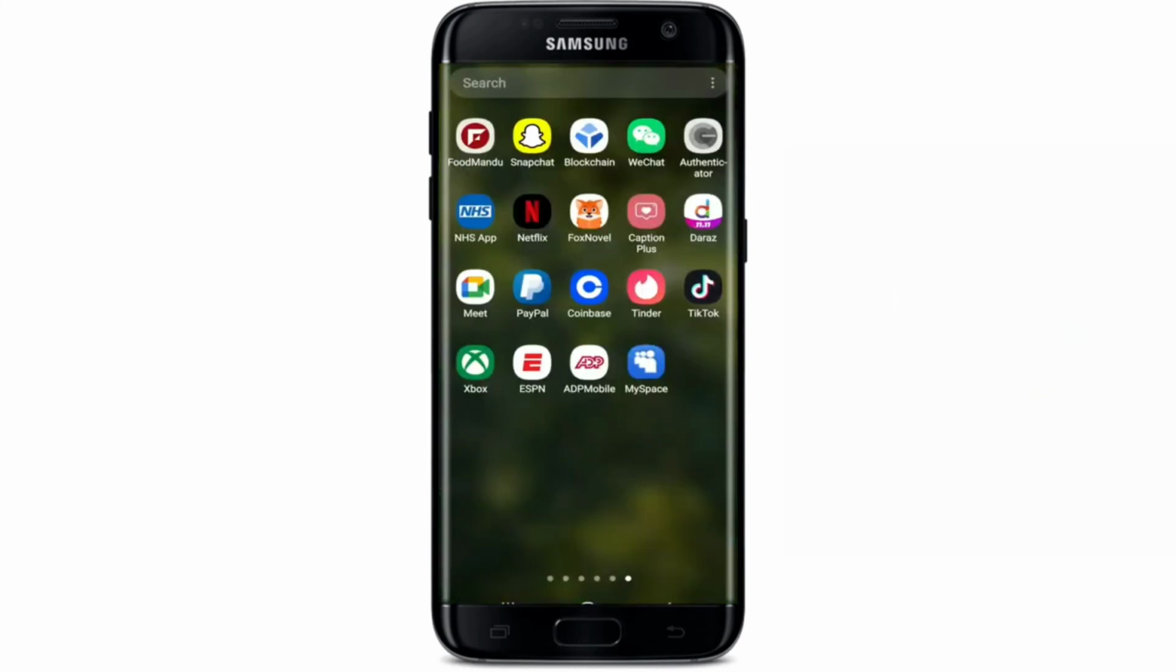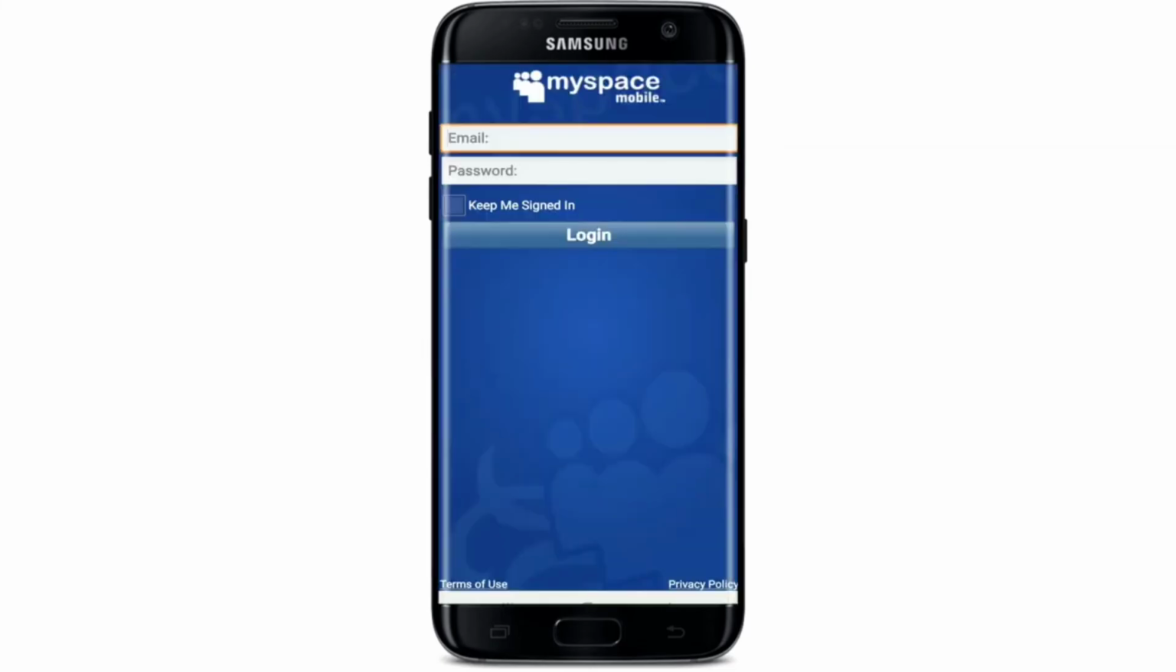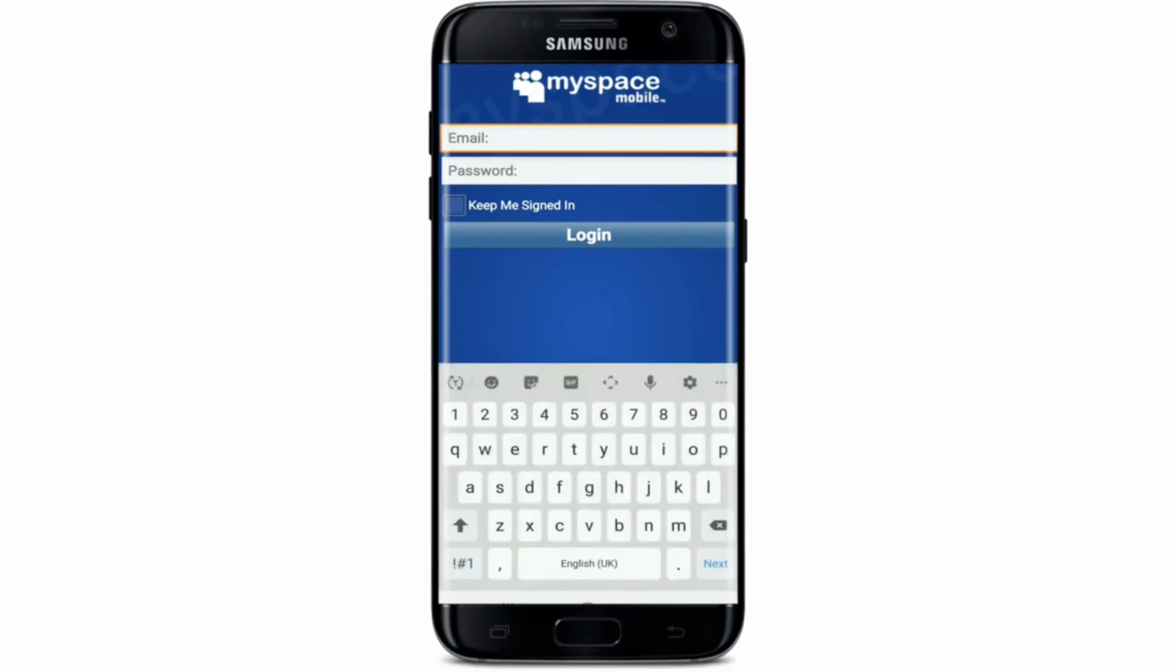Open up your MySpace application from your app drawer. Soon after you do that, you'll be able to see that you've landed in the login area. Simply go ahead and type in your email address in the first text field that you can see. Once you type in your credentials correctly, head over to the next field and type in your password for your